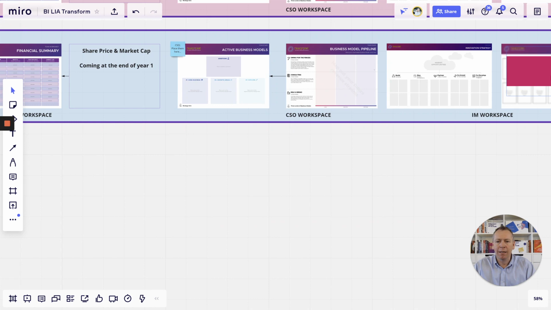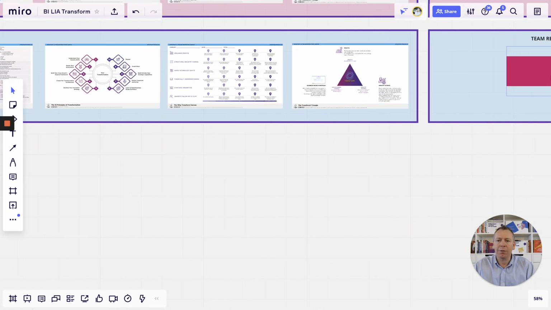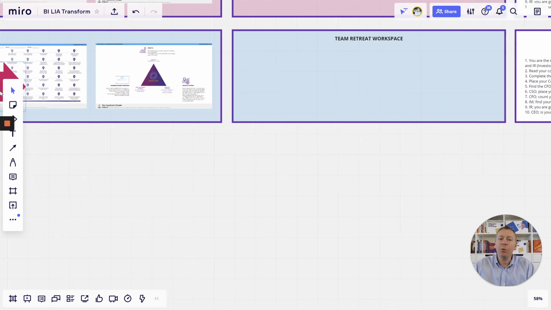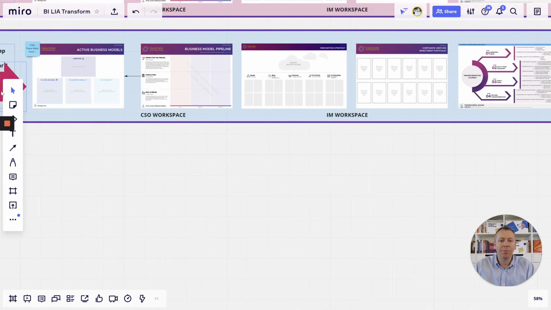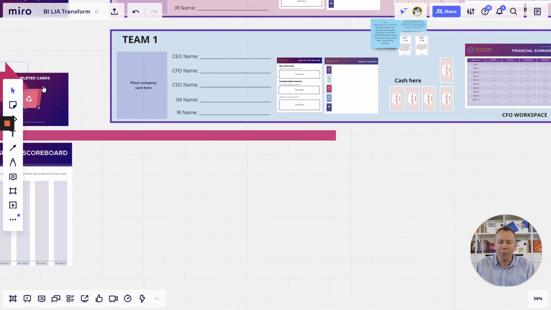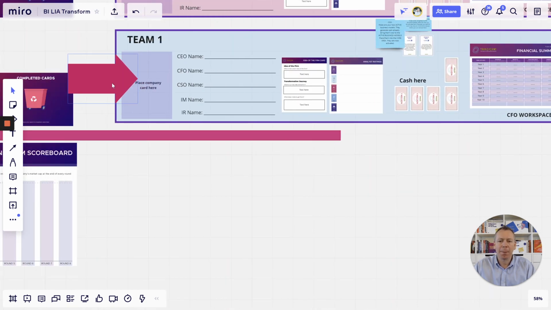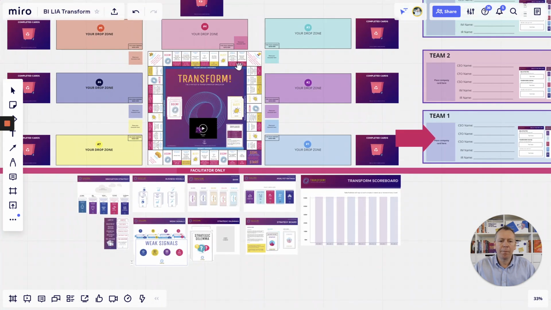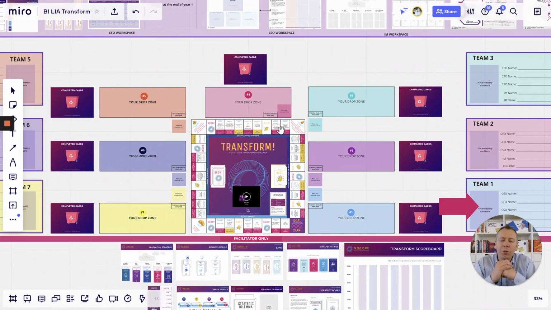I'm just going to show you very quickly. So all of these are laid out here for you to work on as we proceed. So this is the workspace, and you're going to be doing most of your work in that workspace. It may seem like a lot, but don't worry, we're going to be working through it step by step. I'm going to zoom back out again. And this is the view that we're mostly going to be working with right here. You can see it says facilitator only below this line. And then you have the setup, the simulation here.